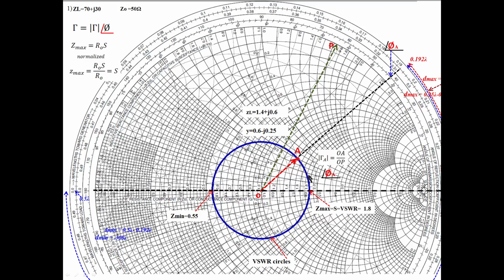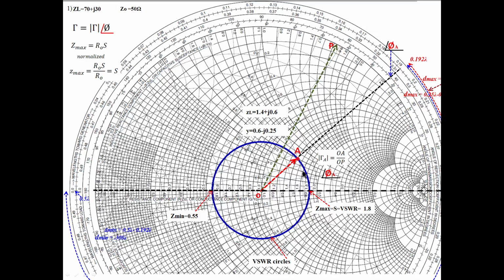As we move like this, impedance will go on changing. Okay, you can read that impedance. You go on observing the value of impedance. You will see whenever you come to here, okay, you read the impedance here. That is the minimum impedance you can observe over this entire circle. Okay, you read all the values. You can see this is the minimum impedance you can observe. So this is Z minimum.